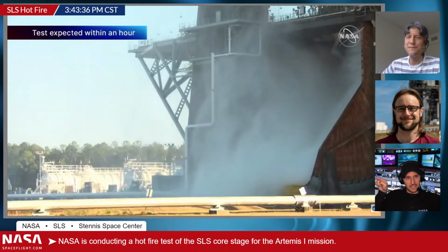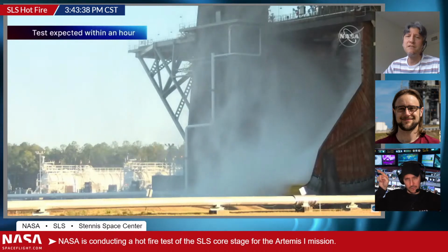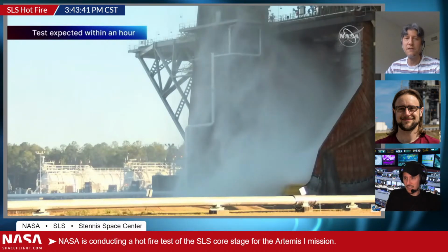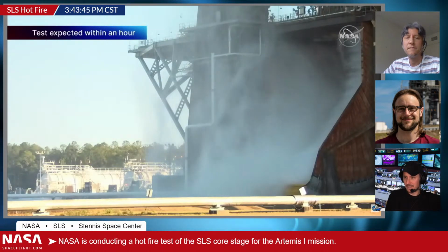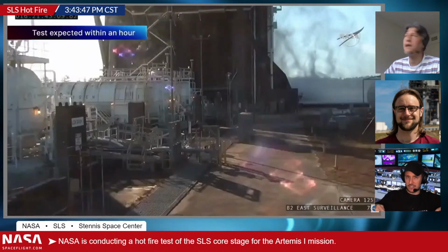So are those barges there, like in the background? Yes, if you see in this shot here in the background on the left, you can see the liquid oxygen barges in the background there. And so instead of trucking it in, they just have